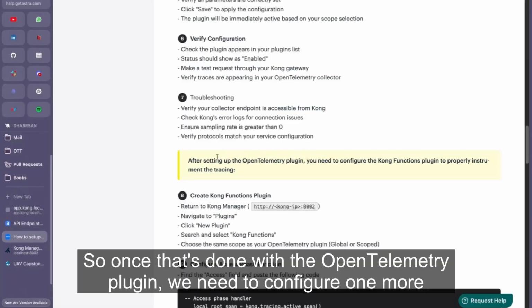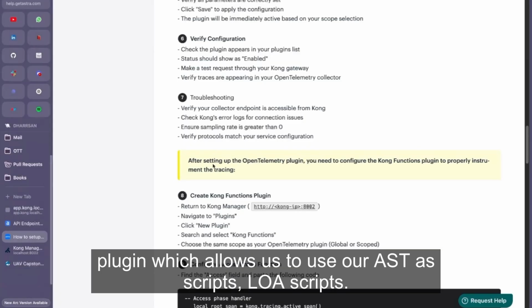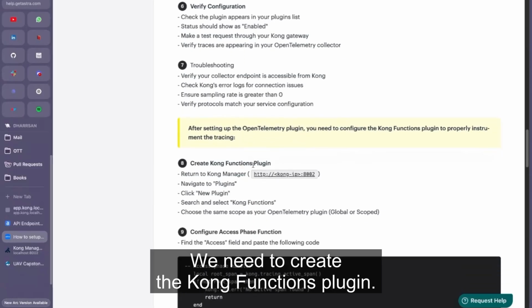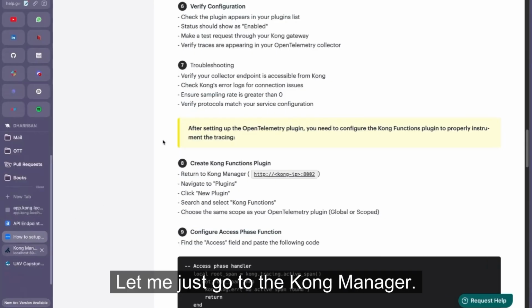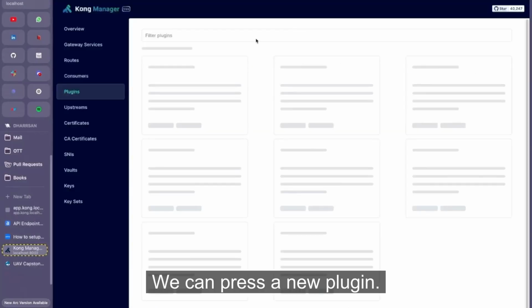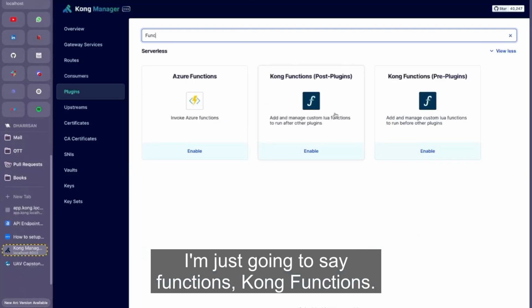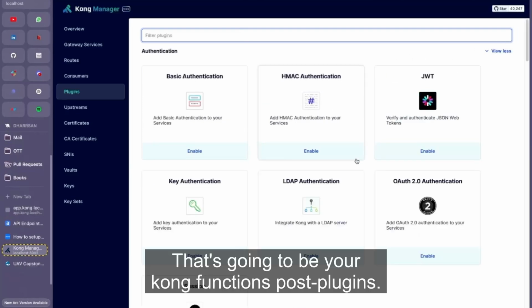So once that's done with the OpenTelemetry plugin, we need to configure one more plugin which allows us to use Astra's Lua scripts. Let's go down. We need to create the Kong functions plugin. Let me just go to the Kong manager. We can press a new plugin. I'm just going to say functions, Kong functions, right? So that's going to be your